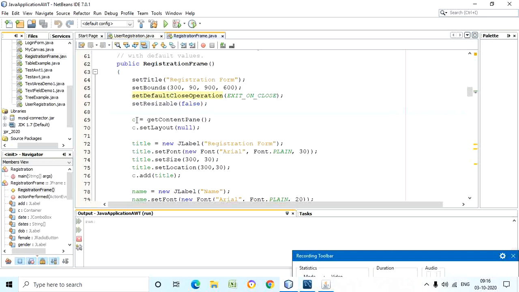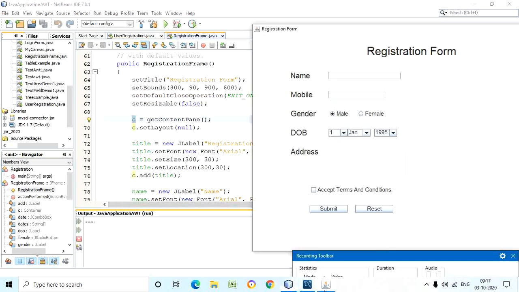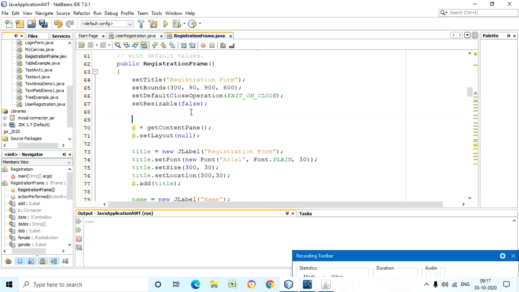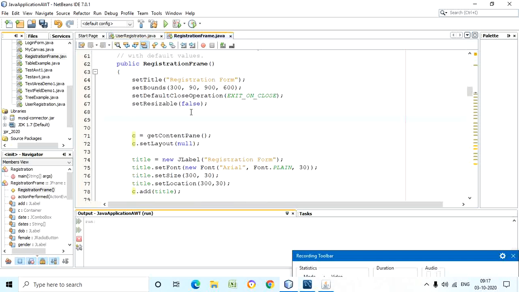So c is an object of the Container class. The entire frame we are treating as a container. That's why we have created an object of the Container class, and c is equal to getContentPane. This is the speciality. For a Container class, we are not allocating memory in the usual manner.